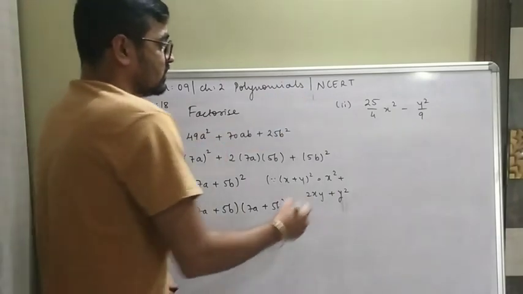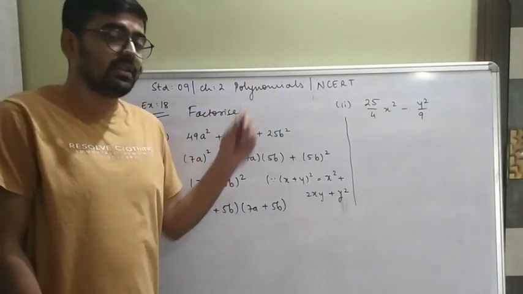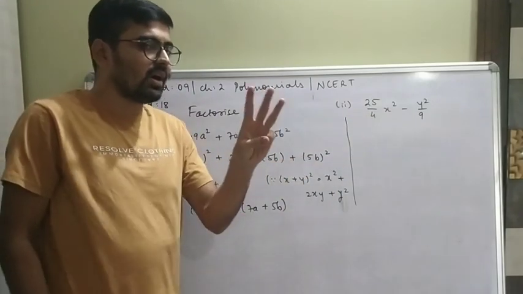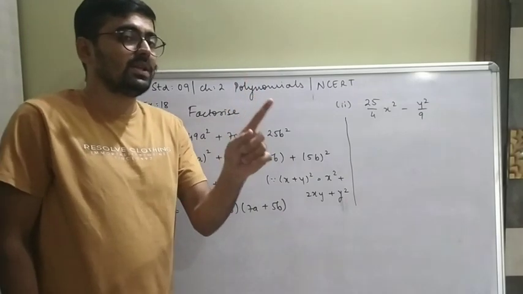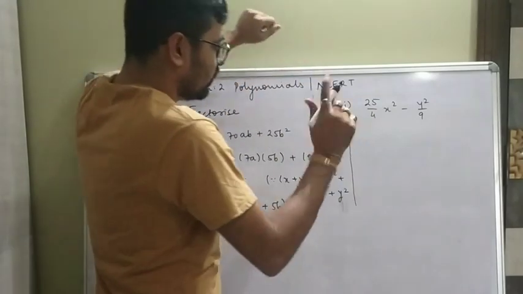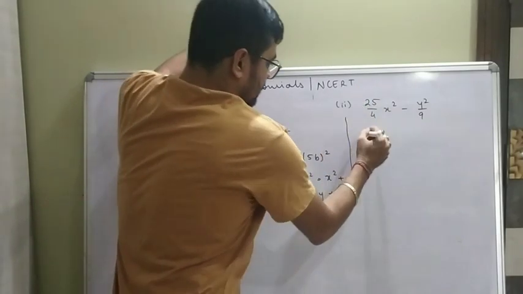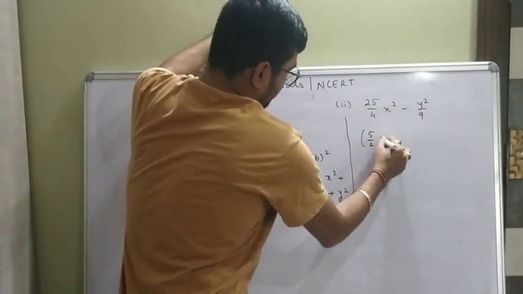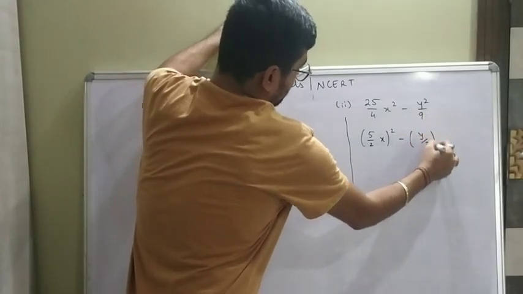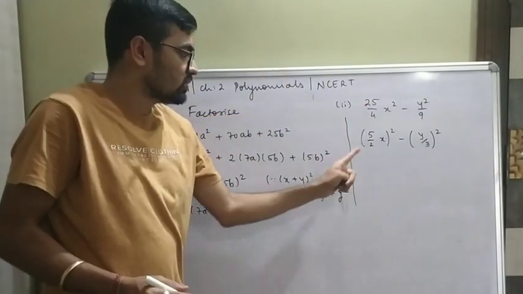What can we do about this one? What can we do in this particular problem to get the factors? Now if you look at this very carefully, we wrote the third identity, x square minus y square is equal to x minus y into x plus y, if you recall that. Correct. So what I am going to do is, I know that 25 is a perfect square of 5, 4 is a perfect square of 2. So can I write this as 5 by 2x whole square minus y by 3 whole square, because 9 is also a perfect square of 3. So I wrote like this.